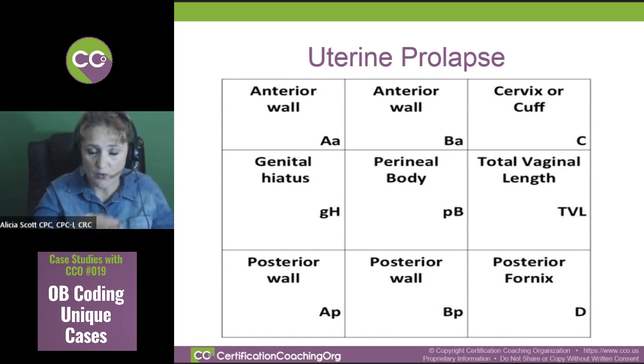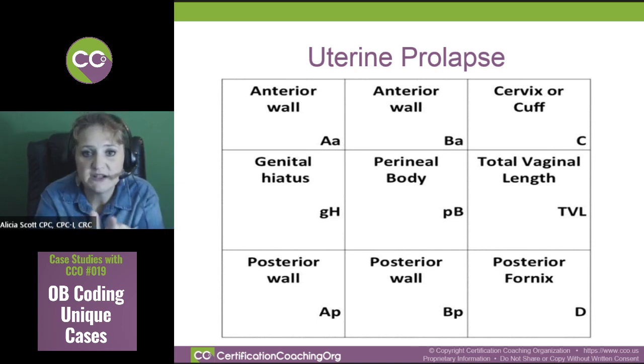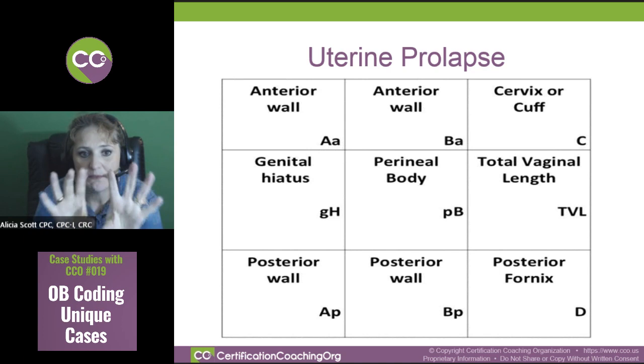So now that you know what all of those descriptions are, when you saw that it said AA +3, that means that it was the anterior wall. It came down to the anterior wall to a +3. Then the C might be a +2, and the posterior wall may be a +2 also, or a 1. What does this say for you as a coder? This does make a difference in the way that you code it, but not to this specificity, okay? You just need to be